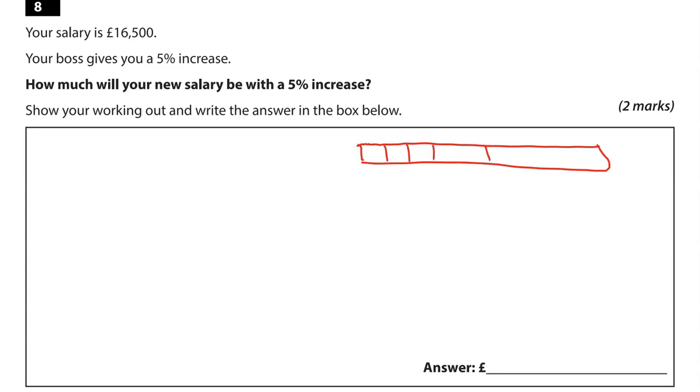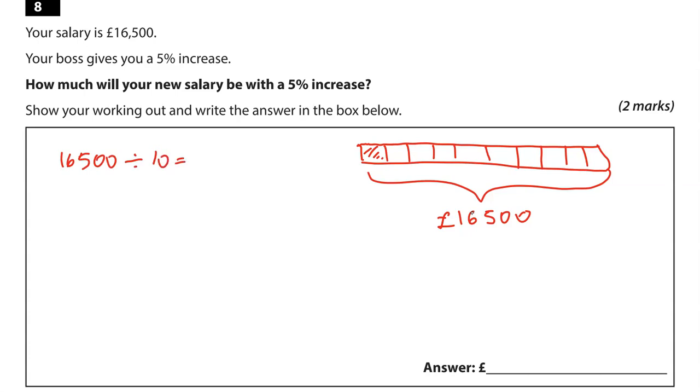So you can imagine this representing 16,500. So 10% will be 1/10. So if I divide 16,500 by 10, it should give me 10%. So you might know the method to just knock off a 0. If so, just go ahead and do it. Or you could do